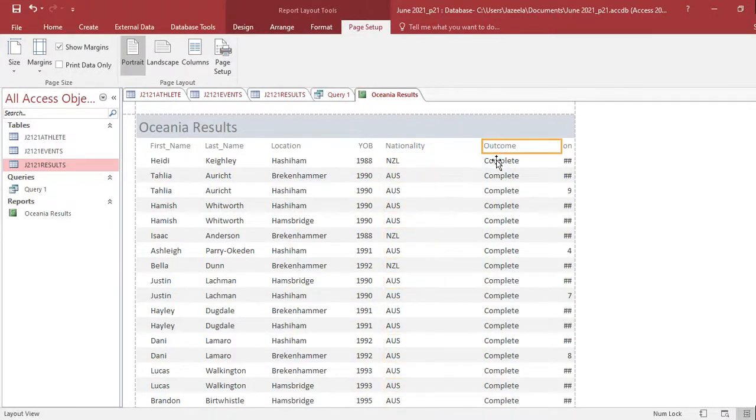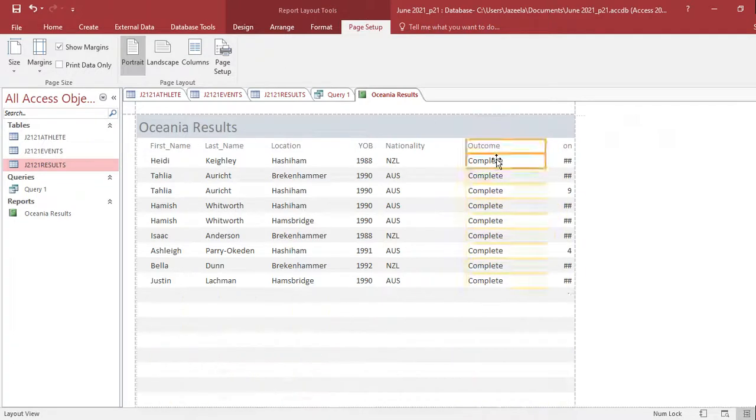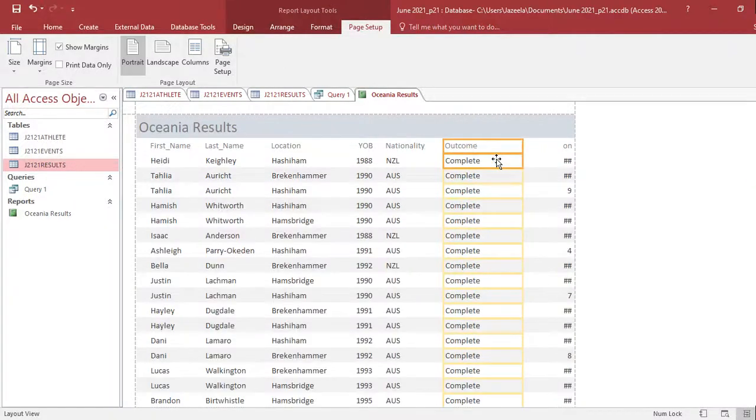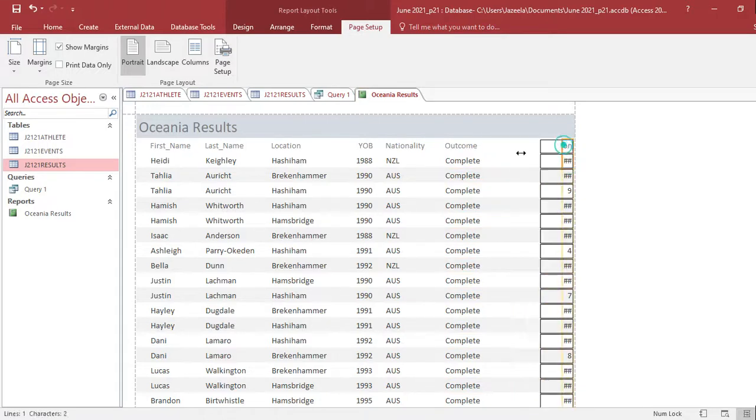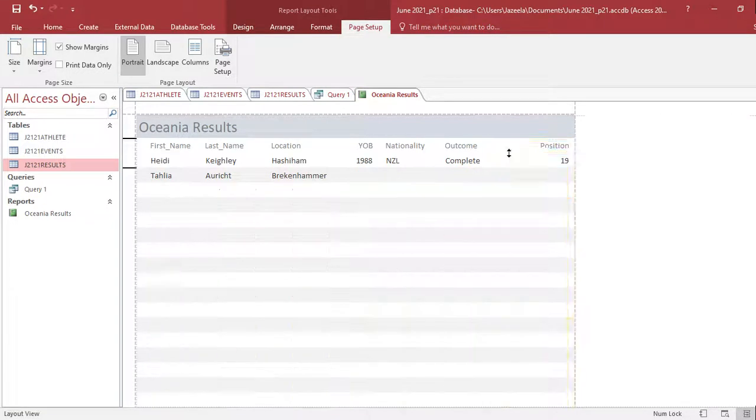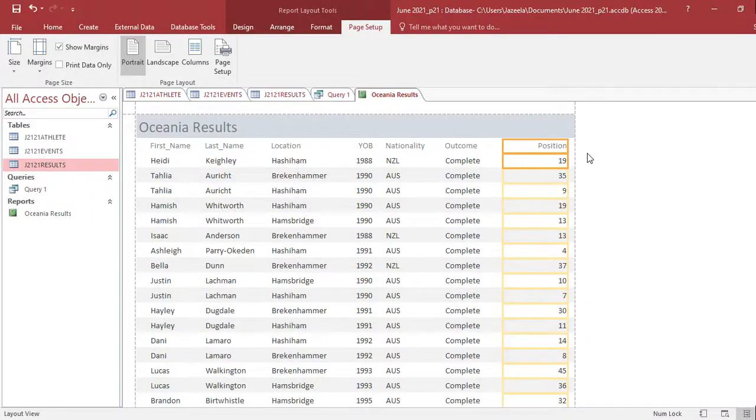Then outcome, then position. First increase the size of position and then we can move a little bit. These dashed lines are actually the edge of the page. So now I'm done with the adjustments.